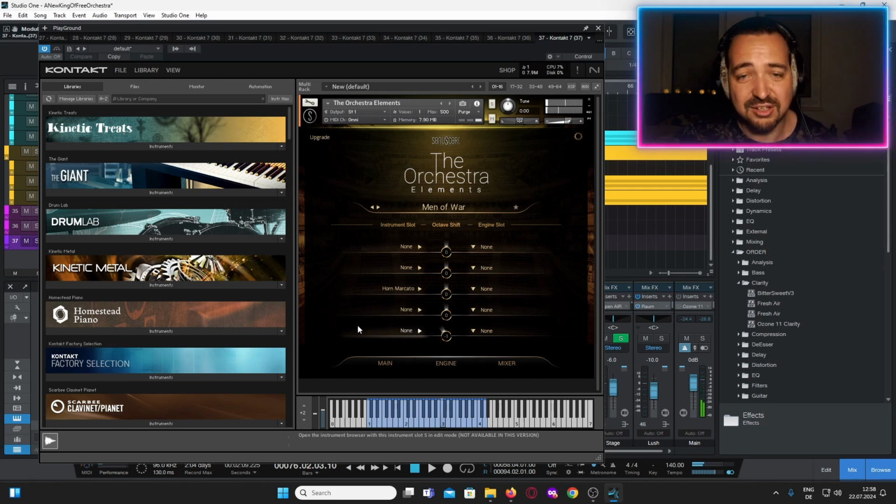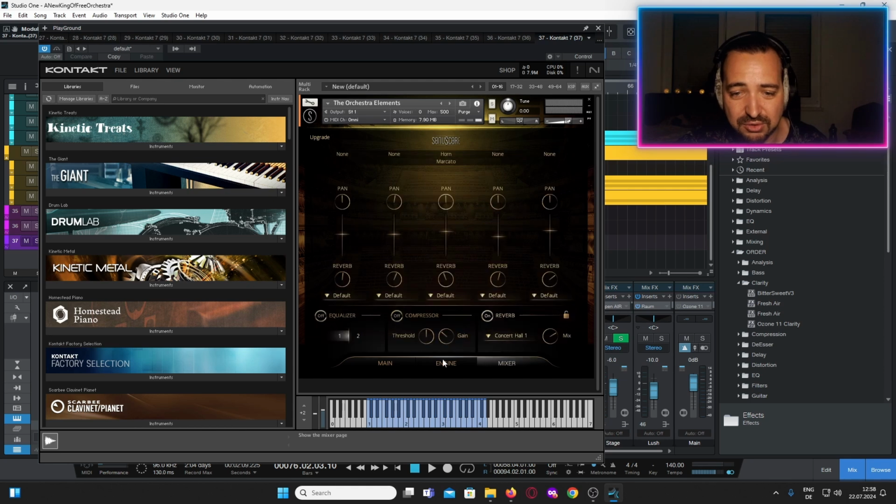And that's exactly the case, okay? So that's one way to do it. Another way, and that's the tab we haven't looked at yet, is the mixer. In the mixer, what I could have done is I just could have reduced the volume of all these instruments to 0. You can set here the individual amount of reverb, so you can position instruments more to the front or more to the back.